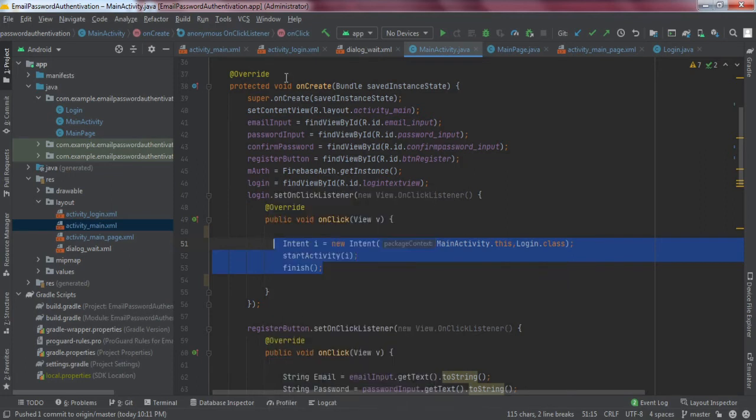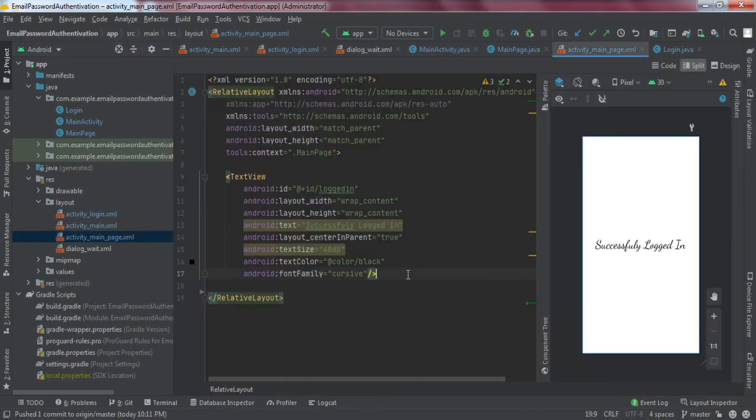So the last thing we are left with is we'll go to this main page. So here we need to make a button, right?